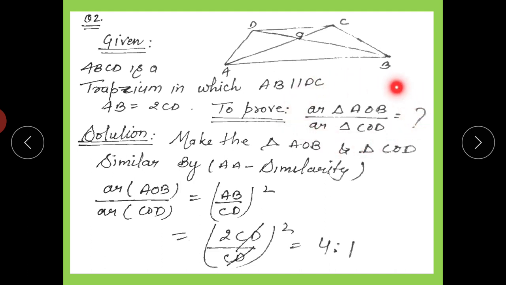These two triangles' areas ratio, and we did that if two triangles are similar, then the ratio of their areas is equal to the square of their corresponding sides. So the first thing is, are these triangles similar? Right now I do not have any information. Now you have to think, can you make these two triangles similar? If so, how? Try to make them similar.